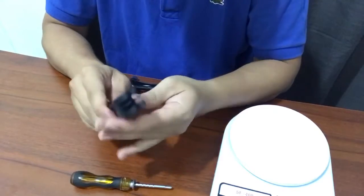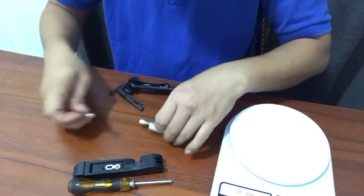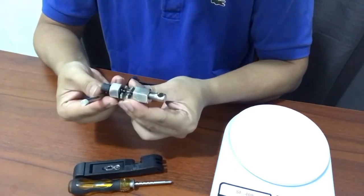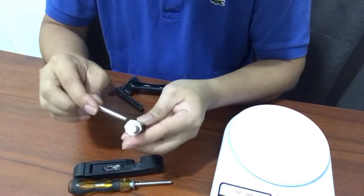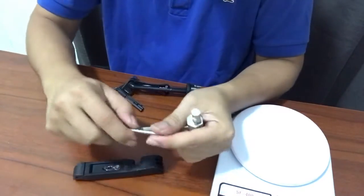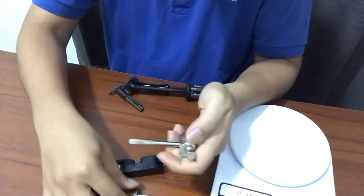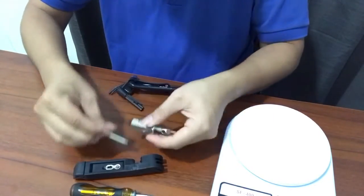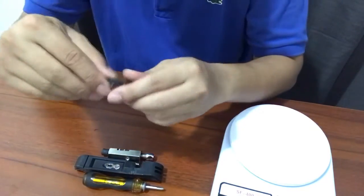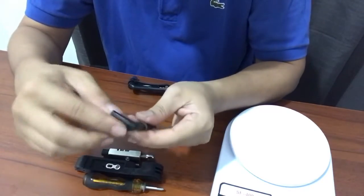Very good. Yeah. And then I have this, the very common chain breaker, which I intend to fashion into a separate tool with just this, but I will not do that anymore. But yeah, so here, so that's that. And then for my Allen wrenches, I bought a very cheap, like 45 peso Allen wrench set,